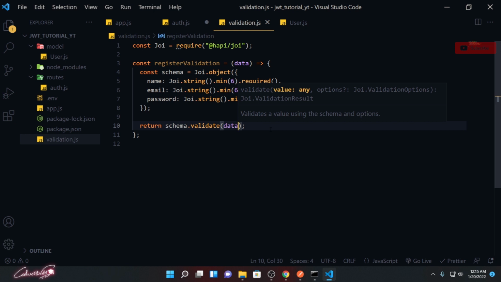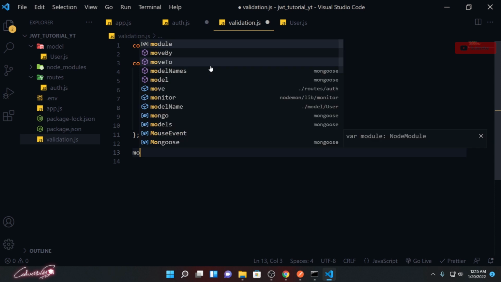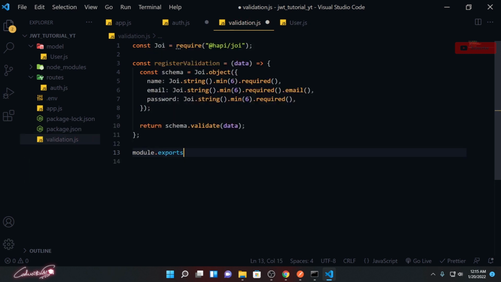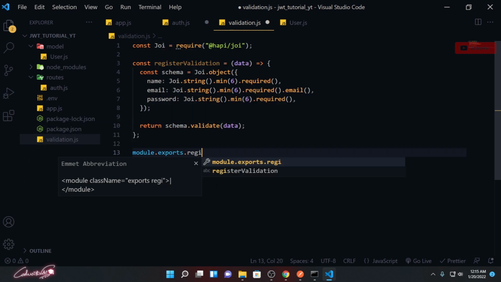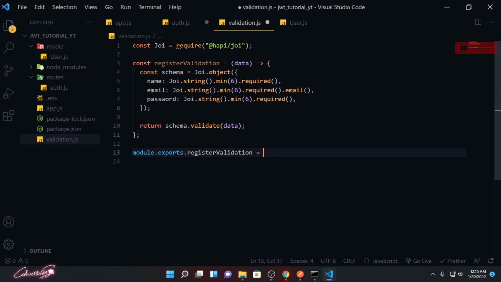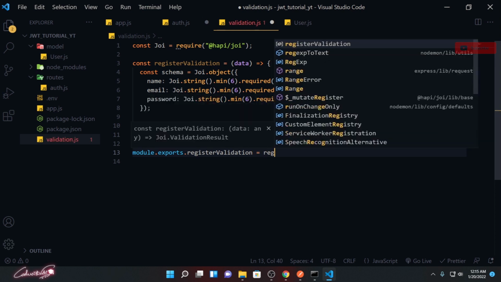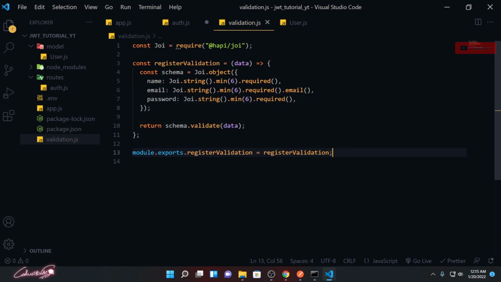So this will be returned back, and I need to export it. So module.exports.registerValidation = registerValidation. I'm exporting this registerValidation alone because in future we are going to have the login validations and all those things.